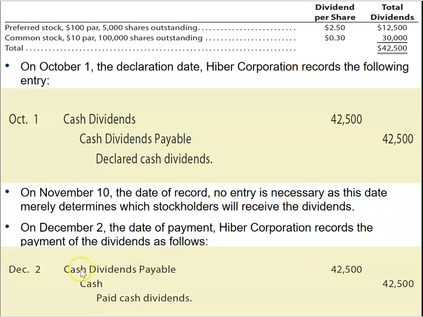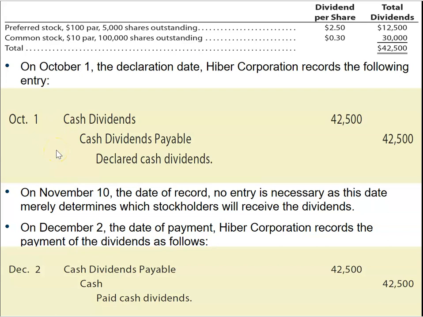Well, we had a liability that has been satisfied, so we're going to debit that liability for the $42,500 that we set up right up here. But notice what happens with our credit. We're paying cash dividends, so it makes absolute sense that cash would be credited for $42,500. We never have to go in and make a credit entry to this cash dividends account. As soon as we made this journal entry right here,